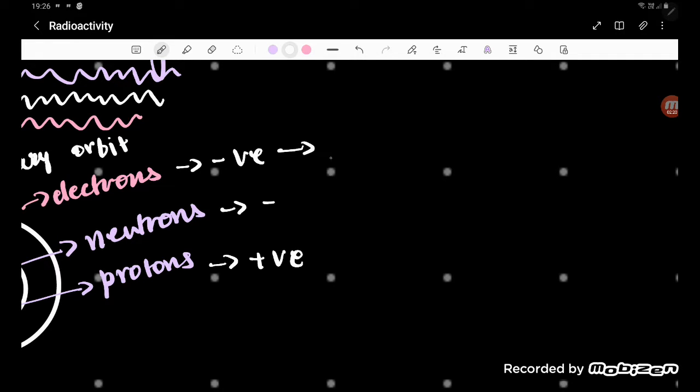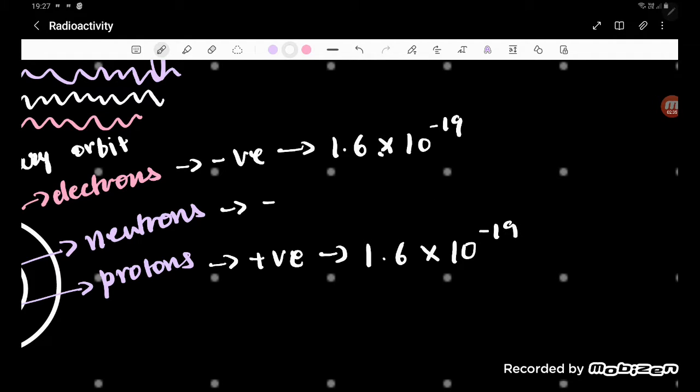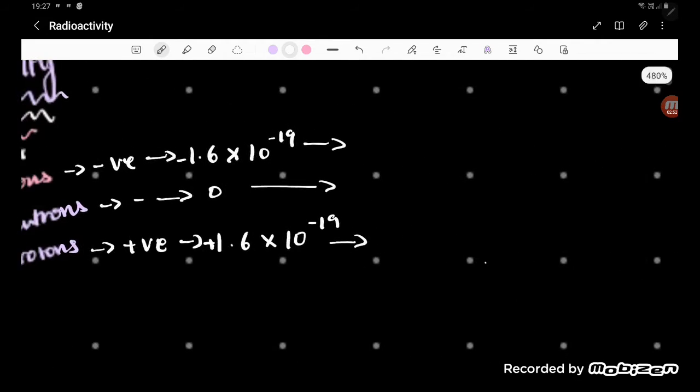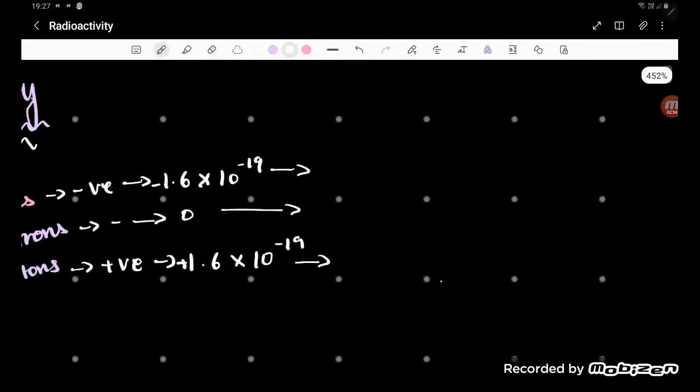Both electrons and protons have the same charge magnitude, but they have different symbols. Electrons have the negative symbol, protons the positive, and neutrons have zero charge. And the masses go as this. The neutron and the proton both have the mass